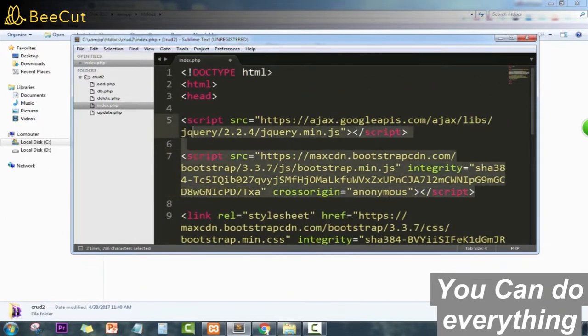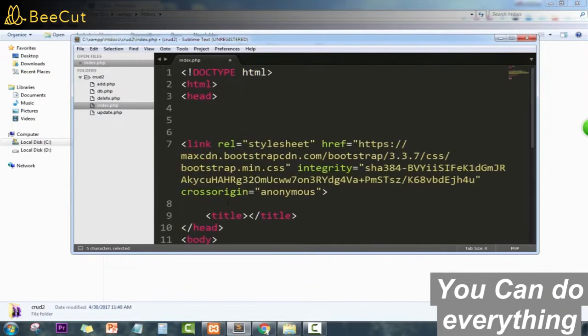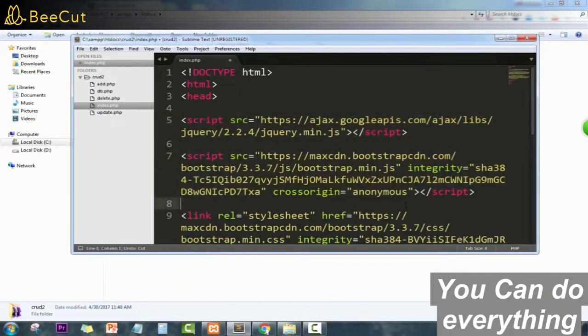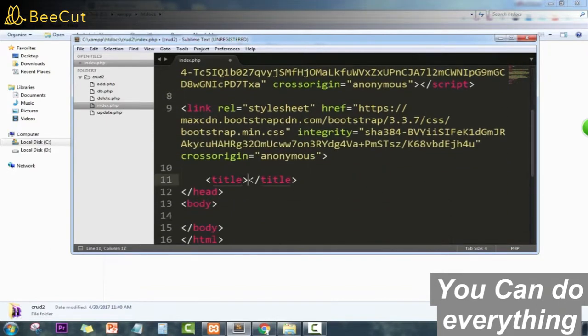Normally we keep the scripts at the end of the document after the closing body tag, but right now we don't need this because it's a very small site. So the title will be CRUD app,